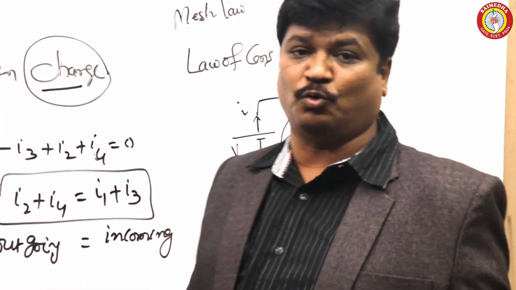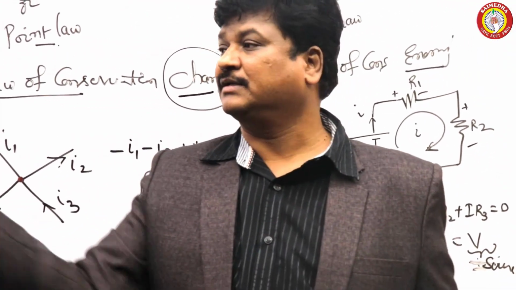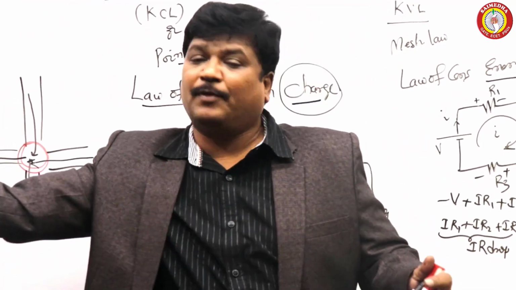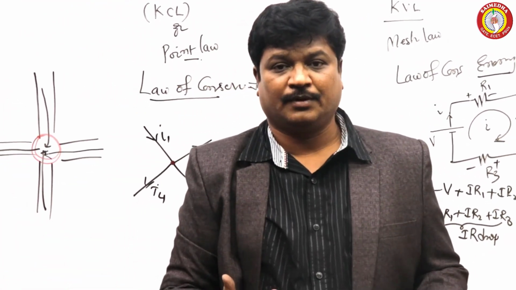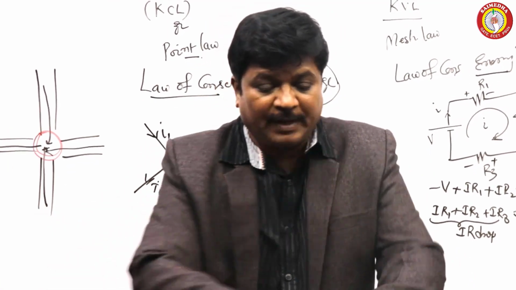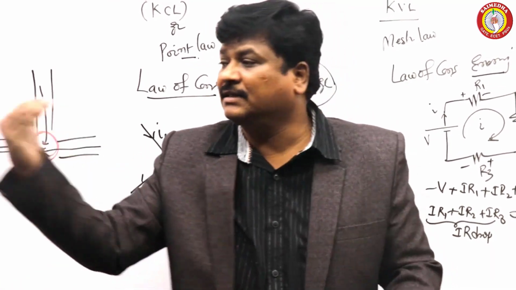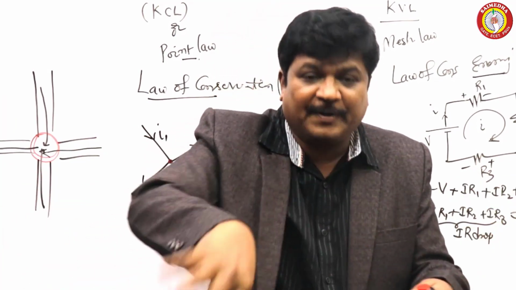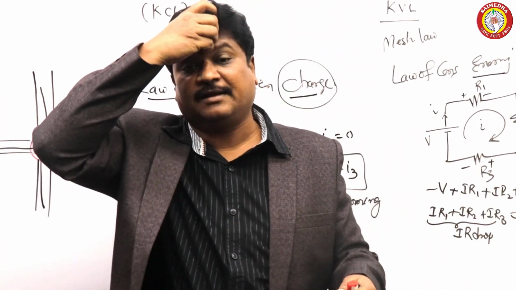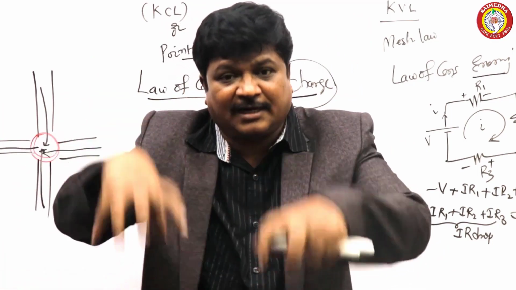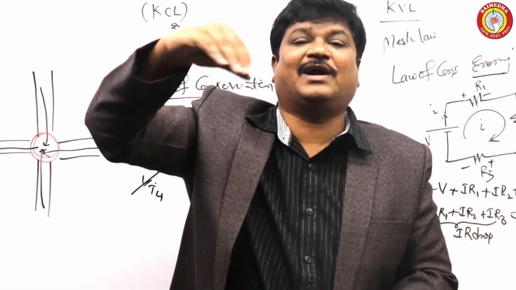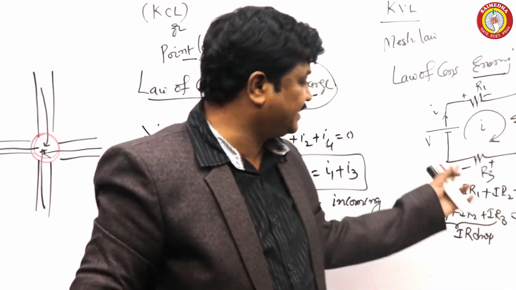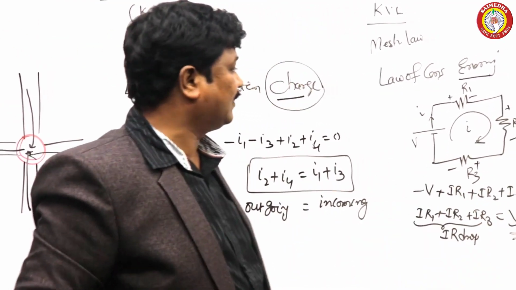For example, you take this is the room. Some source is there, some door is here. Suppose 10 people enter into this room. 10 people is the source. How many people are dropped here? 10 only. The source and drop together resultant is 0, because drop is on one side, source is on another side. If 10 members are entered here, we should not get 11, we should not get 12. But while talking, this should be a closed path. Like that we can calculate.